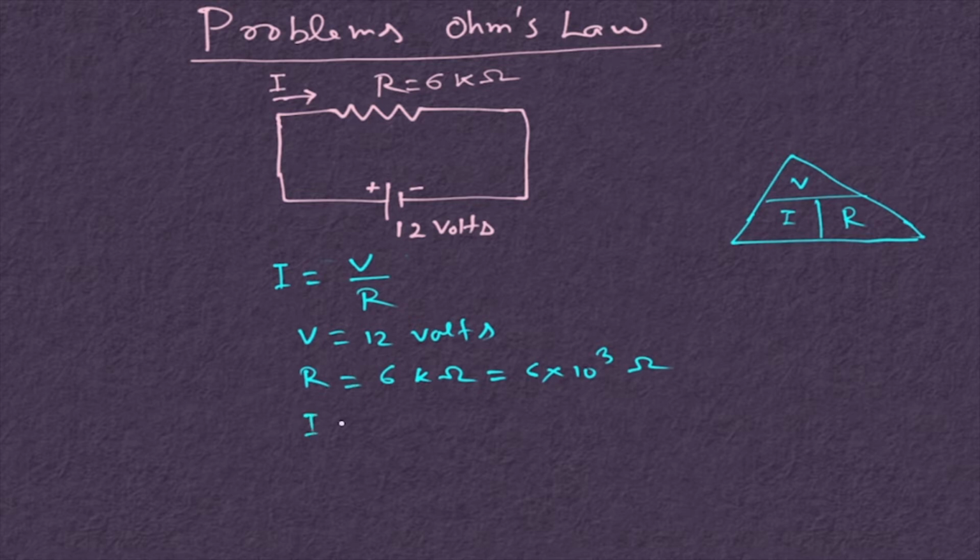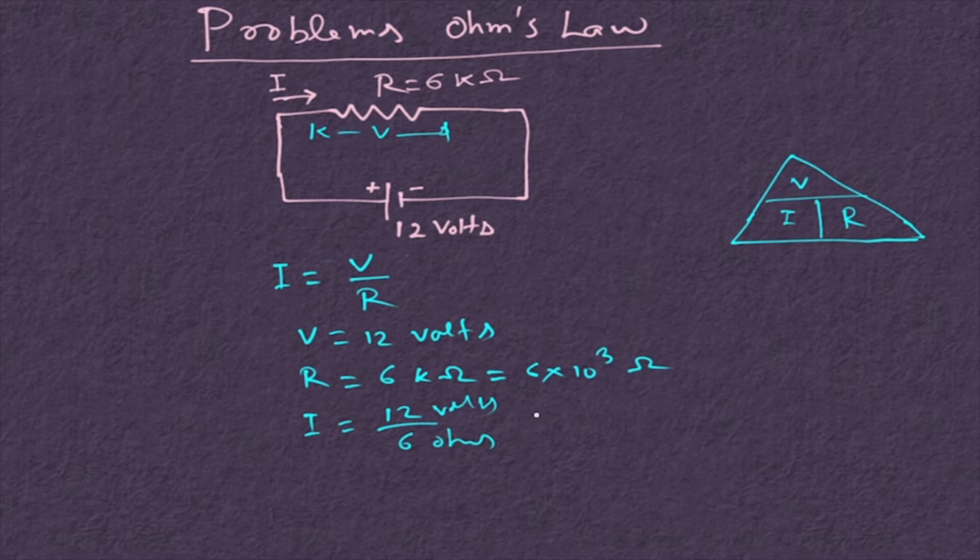So I will be equal to V by R. Now this voltage V is the voltage across the resistance. This voltage V is the same as this supplied voltage. So I is equal to V, that is 12, divided by R. R is 6,